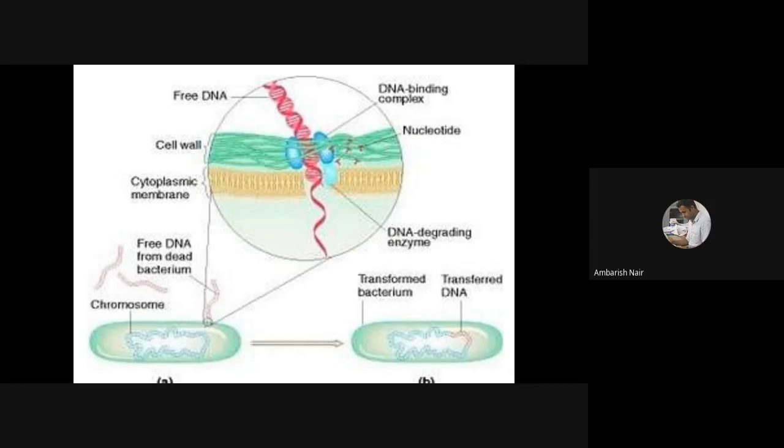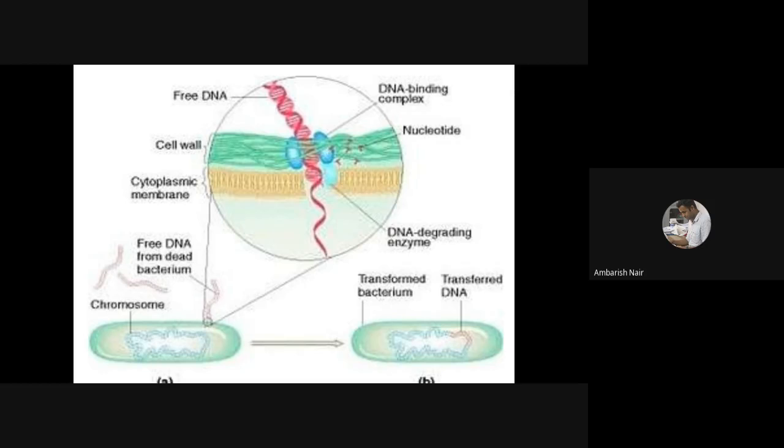On the surface of a bacterium, there is a receptor. The receptor is a DNA binding complex protein. That protein will take up this double-stranded DNA. While pushing the double-stranded DNA through the channel, it will allow only one strand of DNA to enter. The second strand will be degraded. Only one strand will enter. Once the strand is inside, it may integrate into the genome or may not. If it is integrated into the genome, then we call it a successfully transformed bacterium.